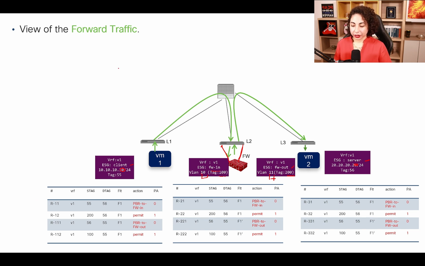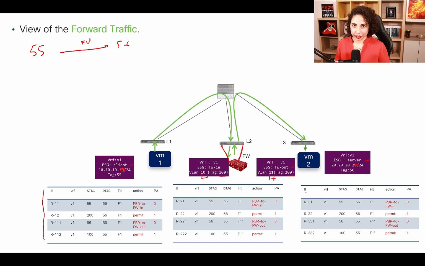Long story short, I think you got it. What we want to do is ensure that 55 to 56 goes through the firewall. So we are going to go to the firewall in leg, come back through the firewall out leg, then go to the leaf 3, and for the return, we are going to go to the leaf 2, go to the firewall out leg, then firewall in leg, and then come back to leaf 1. And when I was mentioning previously that when we configure just this contract, what the leaf will do is actually break it into multiple lines, it's actually what we are seeing here. So we will have exactly the same